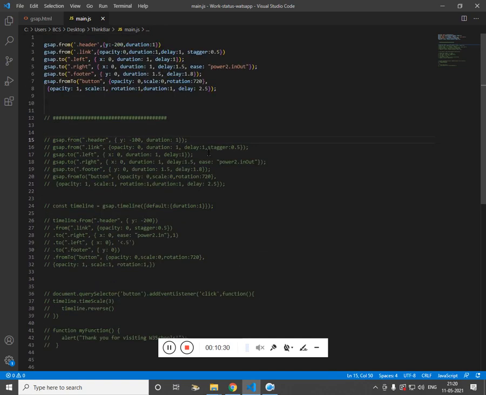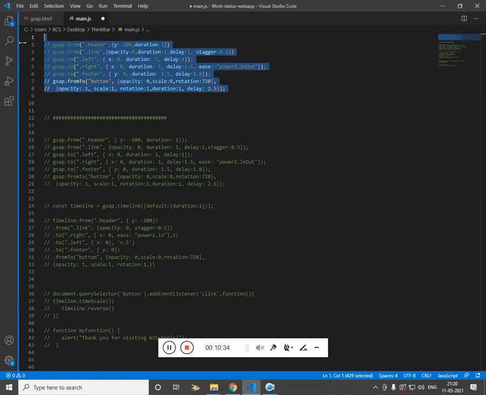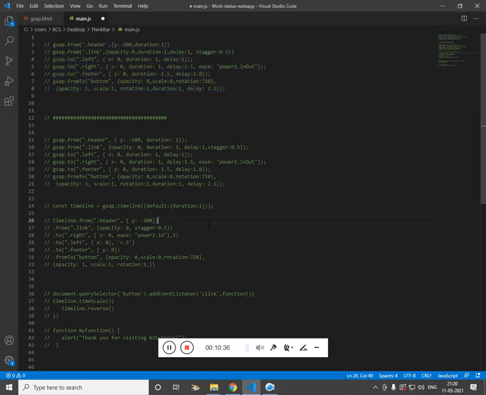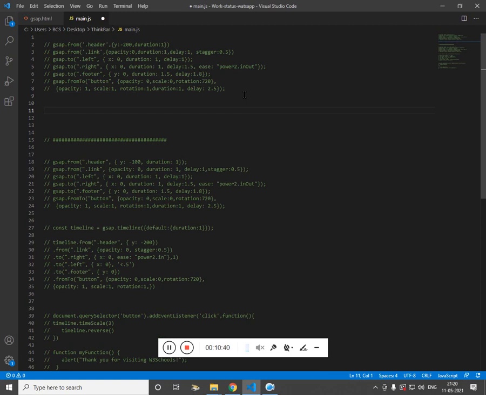Now we are going to use it without delay and duration. For that we have to create the object for timeline. Why do we need timeline? What timeline does is it eliminates the use of delay.